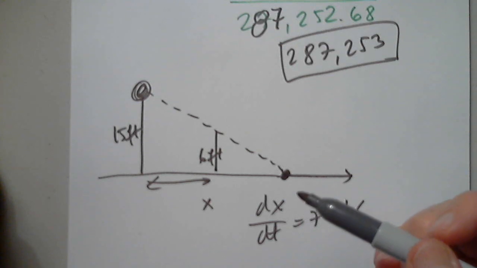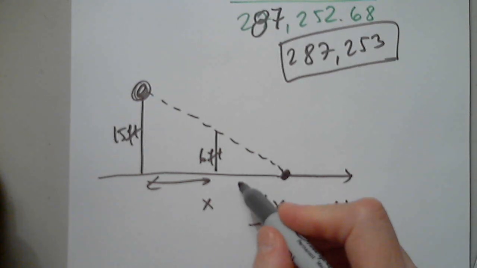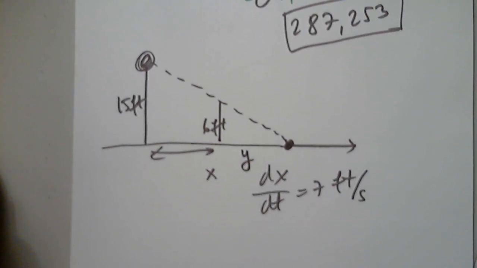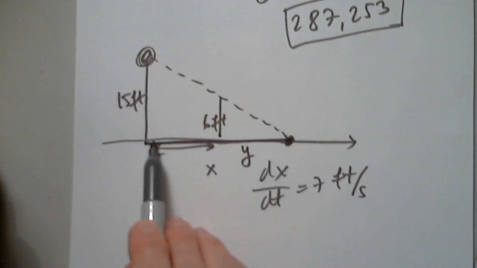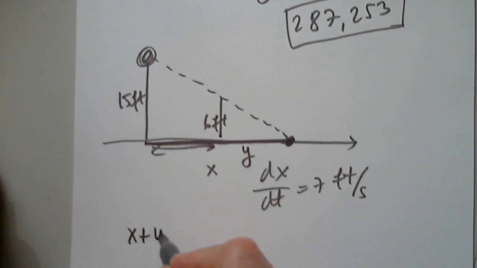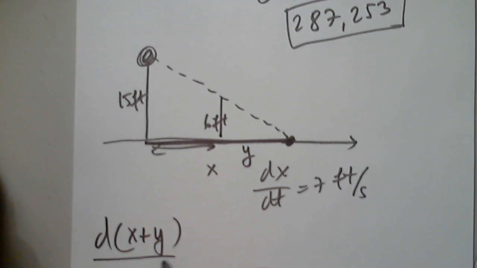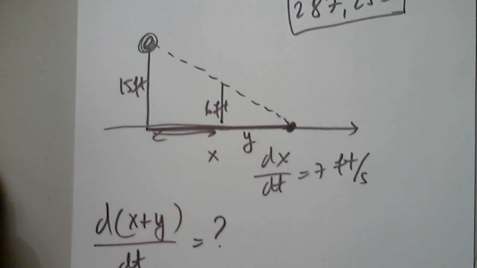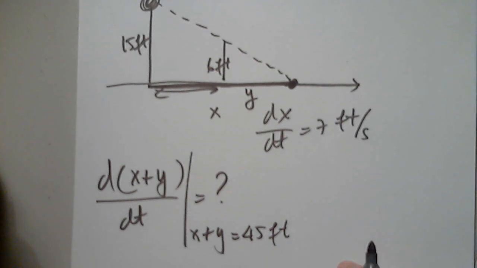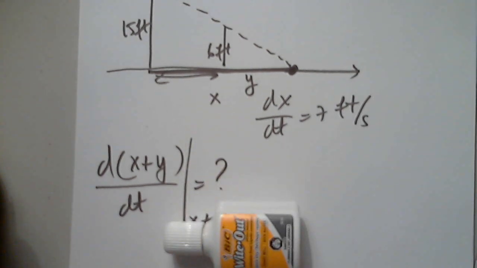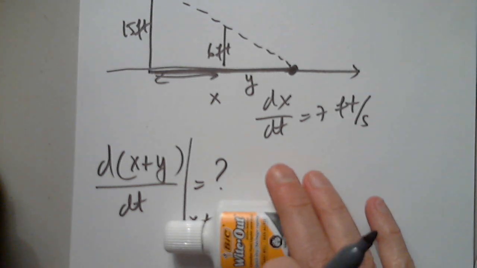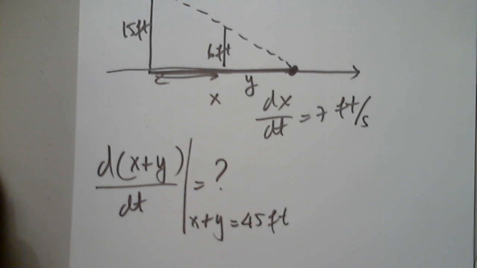So again, the same idea. So they're basically asking us d(x plus y) over dt, when x plus y is, you said 45 feet? Correct. Okay. So again, this is a trap. We cannot put 45 feet in there till the very last step. Okay. So